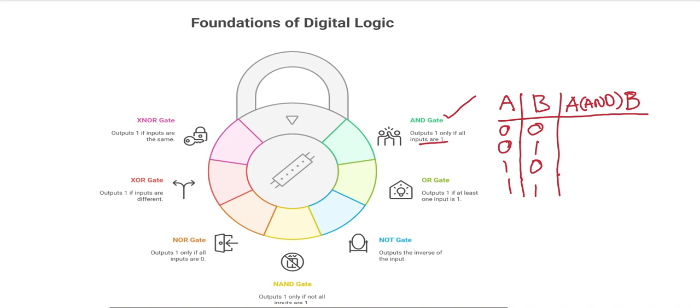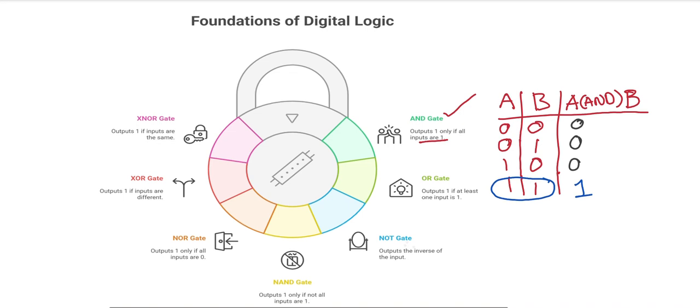Okay, now what does the statement tell? Outputs 1 only if all the inputs are 1. That means both inputs A and B should have the same input 1. So only in the fourth row you are having 1 1. So this will result in output 1. Rest others will be 0 0 0. Correct? Similarly, OR gate